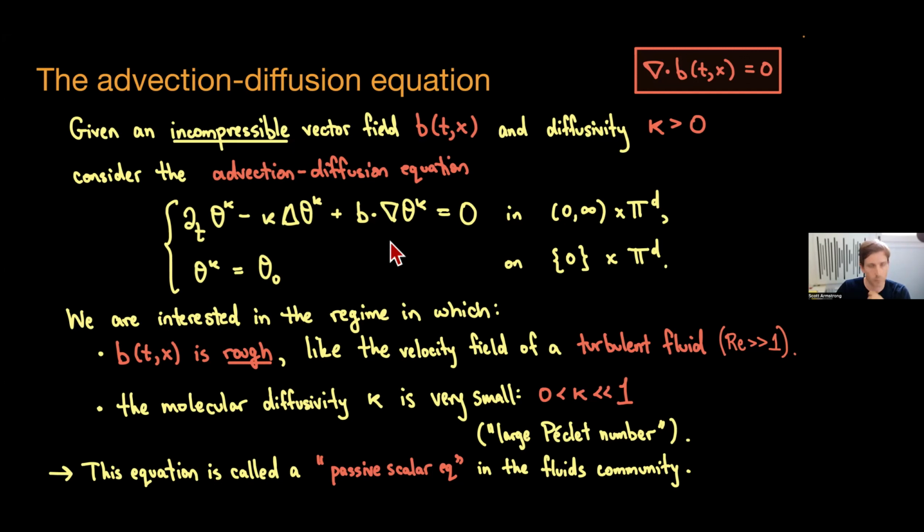So this is a drift term, which is of order 1. So you think that if kappa is small, this is almost in some sense a transport equation, and there's a small kappa amount of diffusivity perturbing that, if you want. It's very important that the vector field be incompressible. So it's divergence-free up here in the top right.